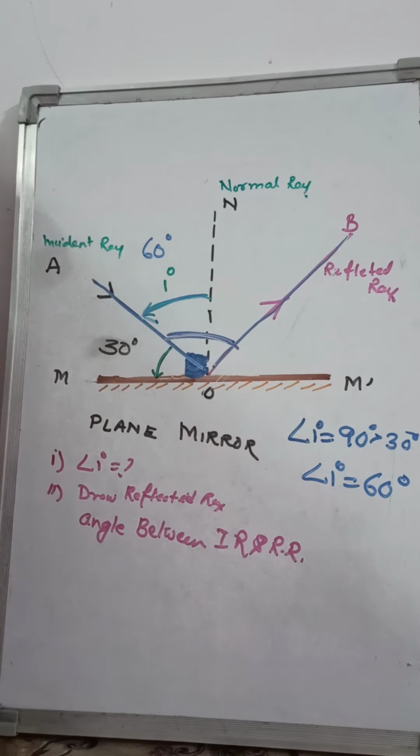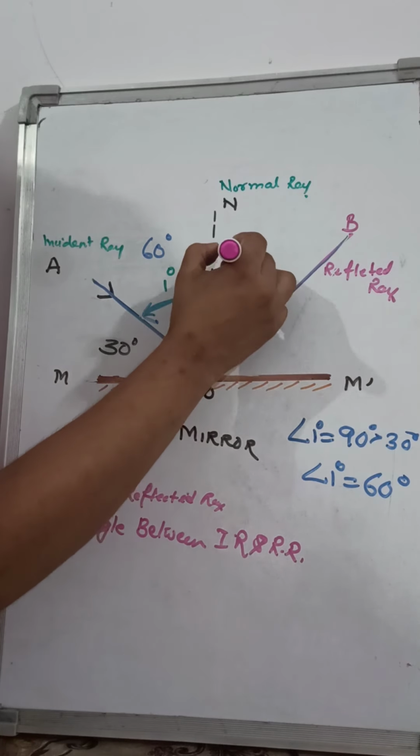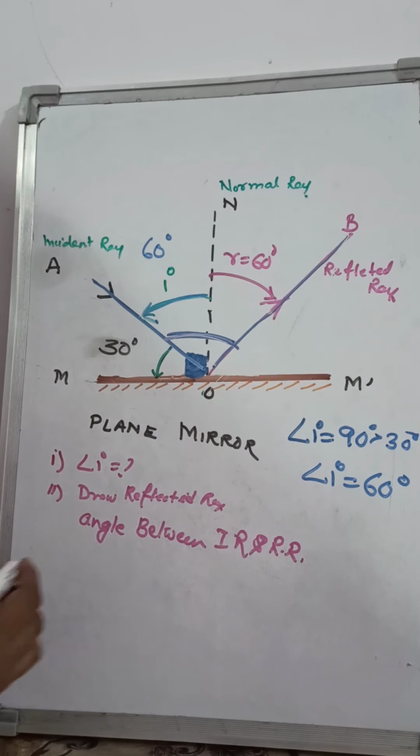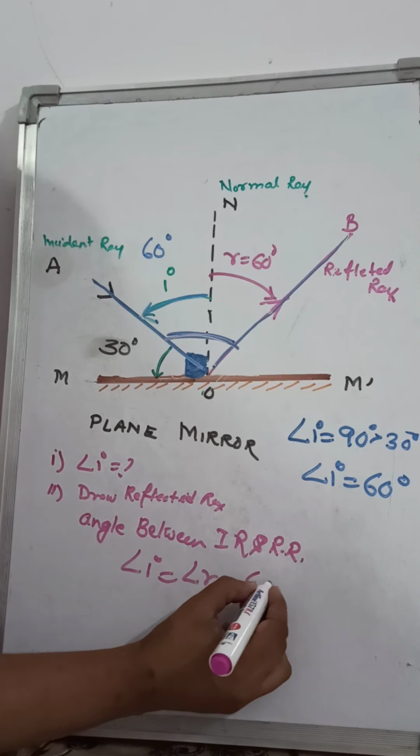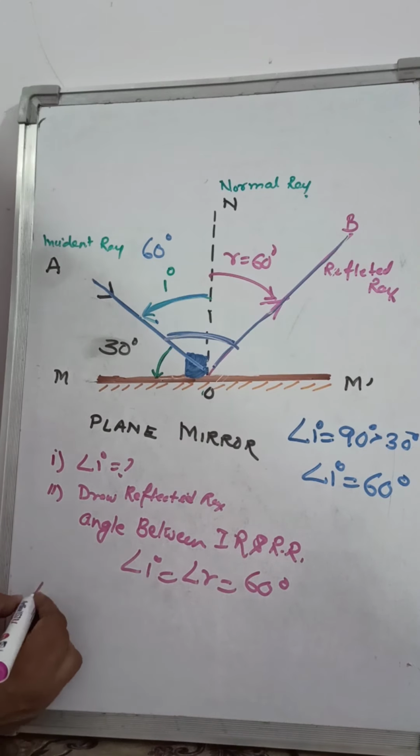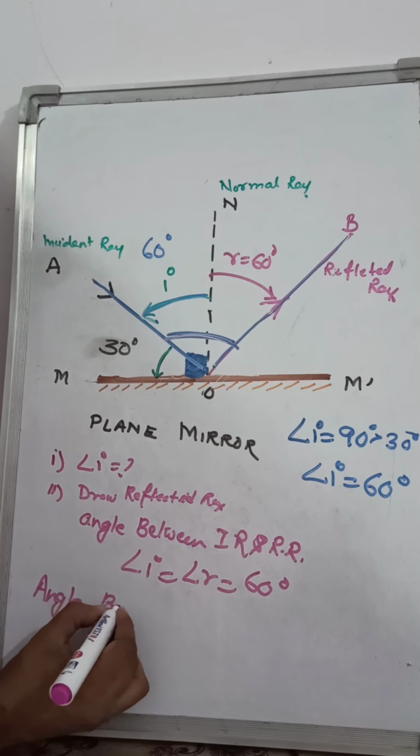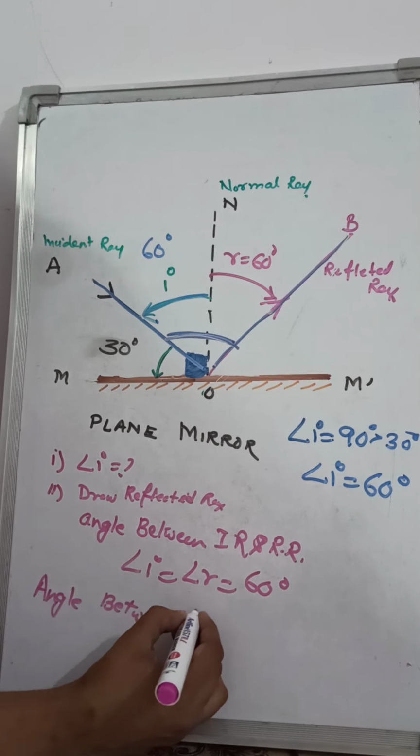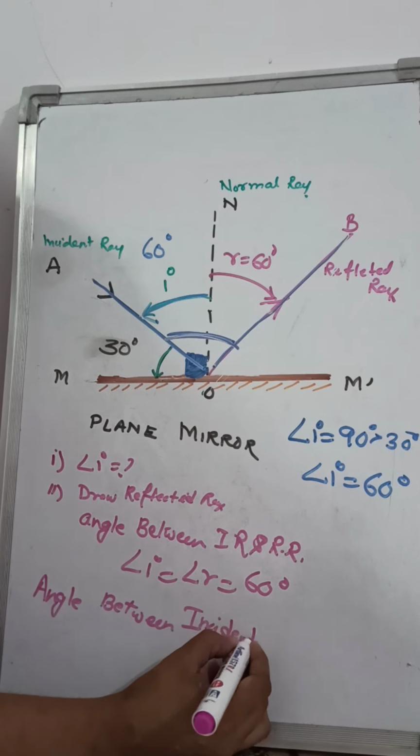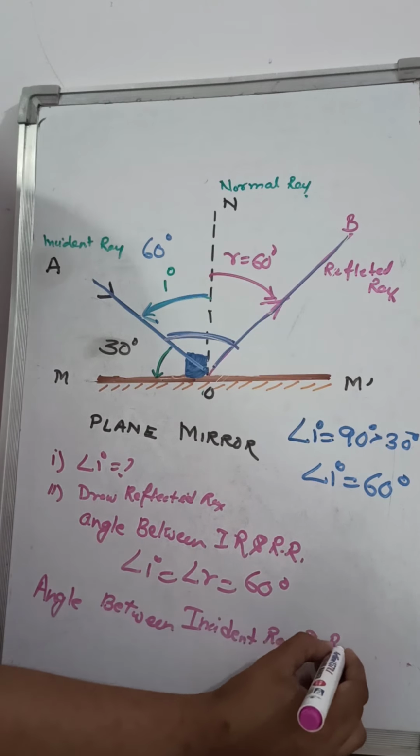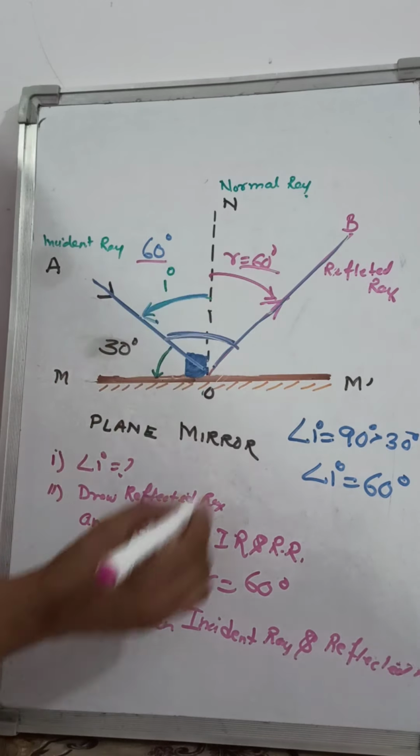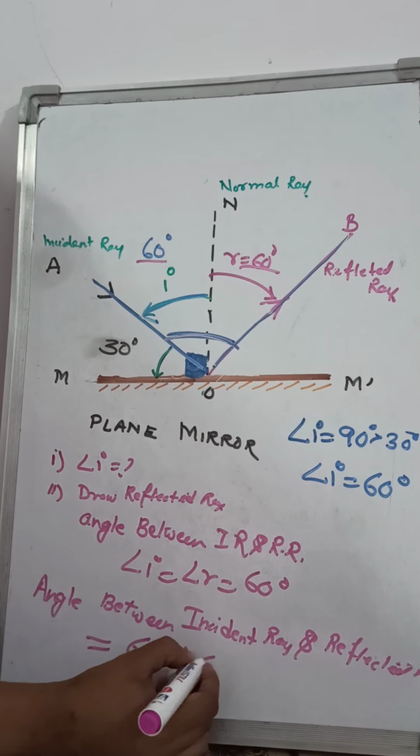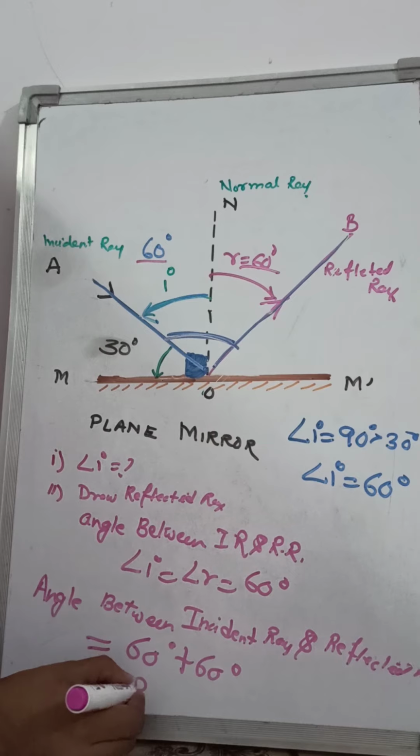But what is the angle of reflection? Angle of reflection is this. So angle R will also be 60 degree because the first law of reflection says that angle of incidence is equal to angle of reflection. So what we have to find is the angle between the incident ray and the reflected ray. That is 60 plus 60, which will be your 120 degree. So angle between the incident ray and the normal